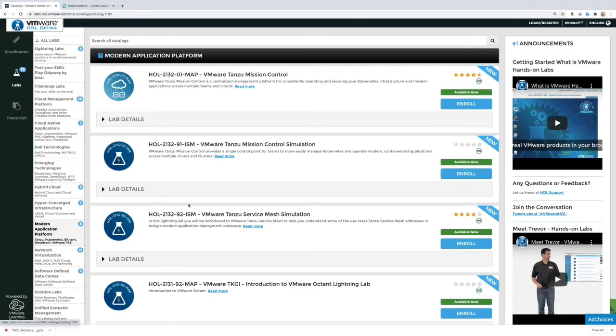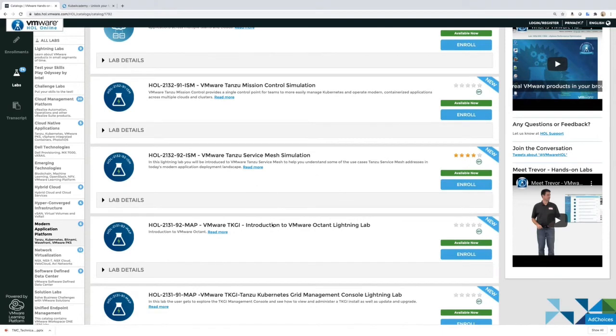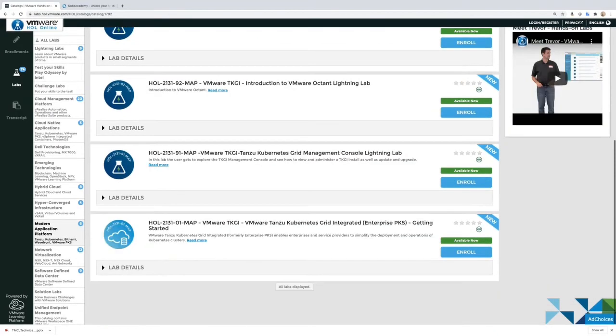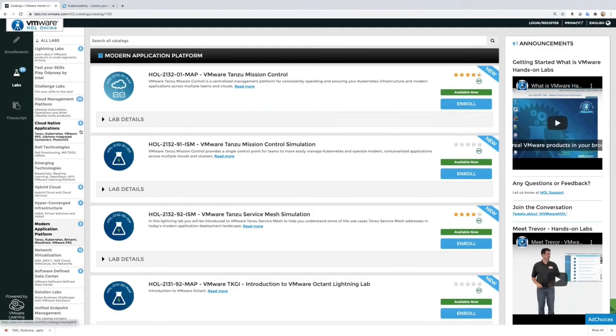So if you click on the Modern Application Platform catalog, you'll see Tanzu Mission Control, Tanzu Service Mesh, TKGi, which is formerly known as VMware PKS. So a lot of great content here. And then the TKG multi-cloud lab is going to be here as well. So between Kube Academy, Cloud Native Applications Catalog, and Modern Application Platform Catalog and HOL, that's probably where I would